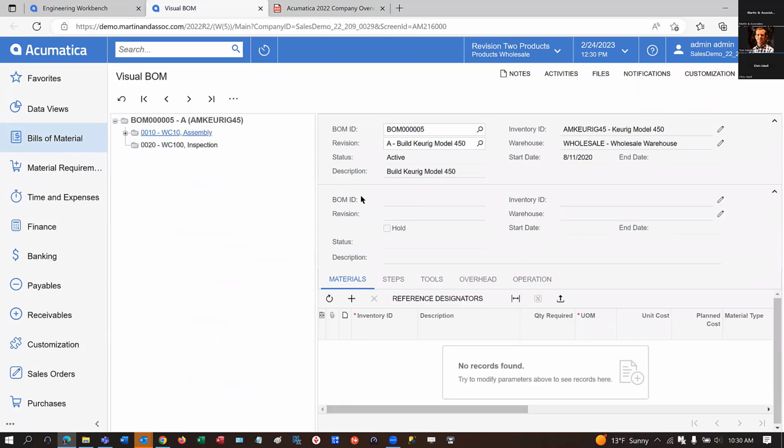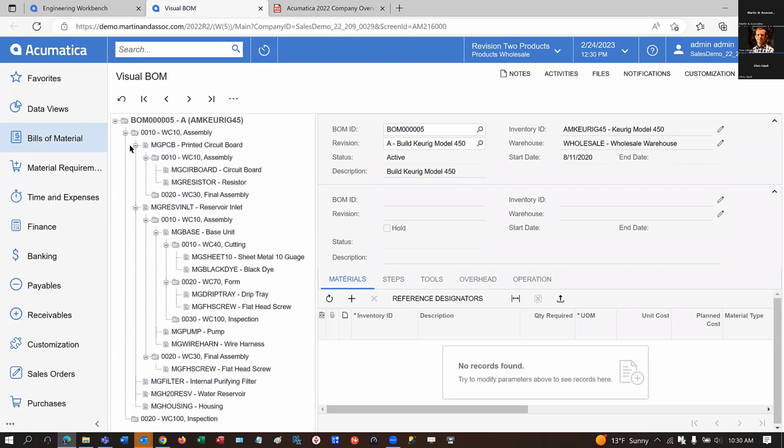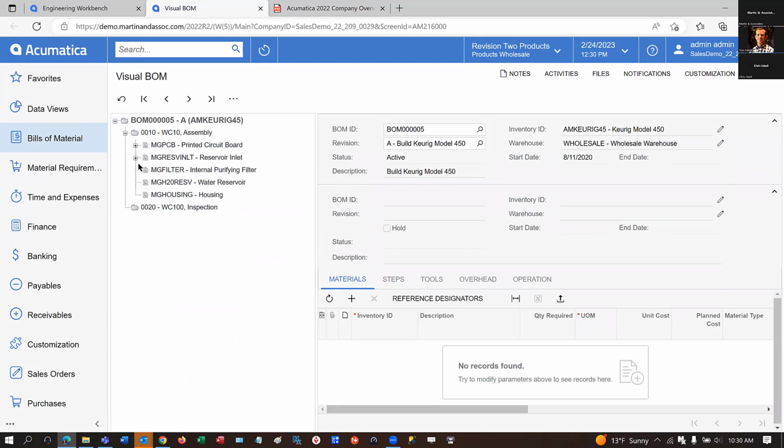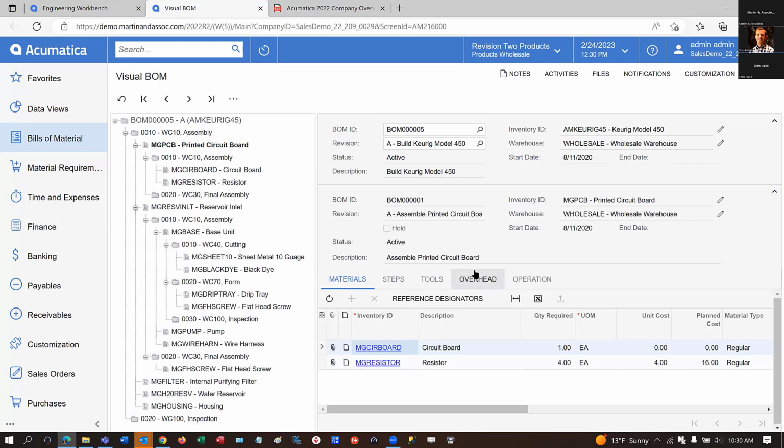So let's simplify our bill of materials. We're trying to build a coffee maker as a manufacturer. And this is highly simplified, that there's an assembly function and then an inspection. During assembly, we've got component parts that we are assembling, and some of those component parts are sub-assemblies themselves with their own bills of material. This is one way to understand a multi-level BOM. And then the bill of material itself,